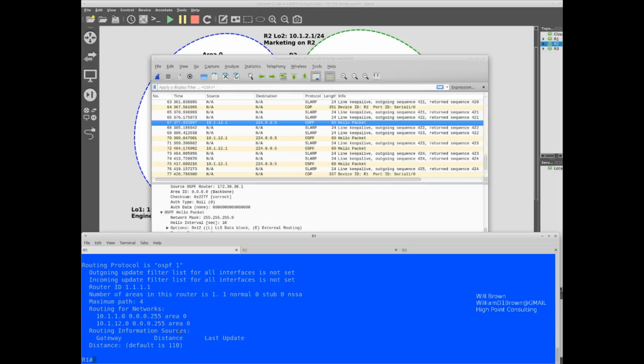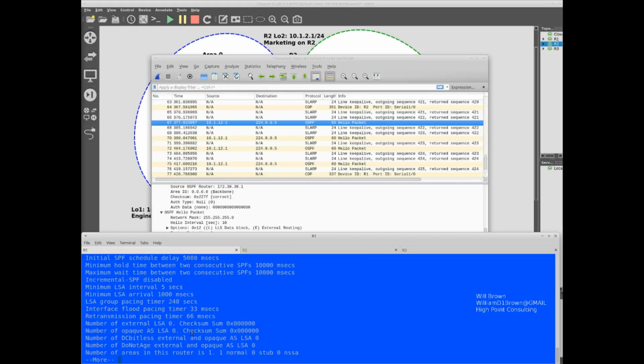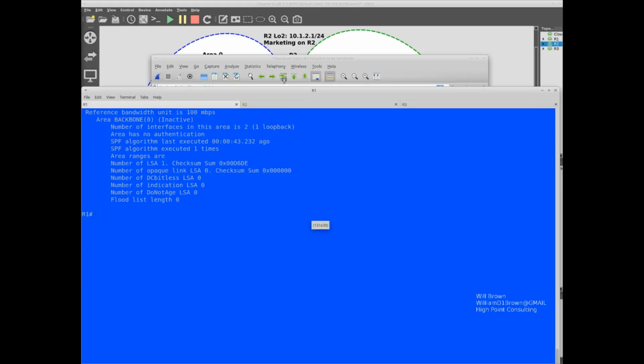There's show IP route. Not receiving anything. We're only seeing our connected routes so far. So we're going to go ahead and do a show IP OSPF. A little bit scrolled off the screen, so I'm going to roll that up a bit.